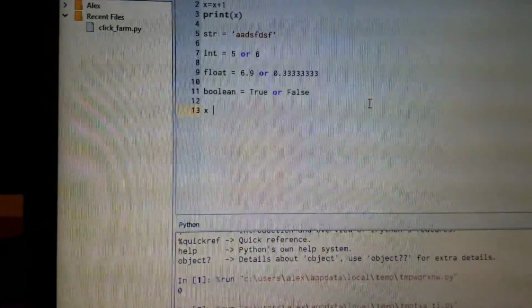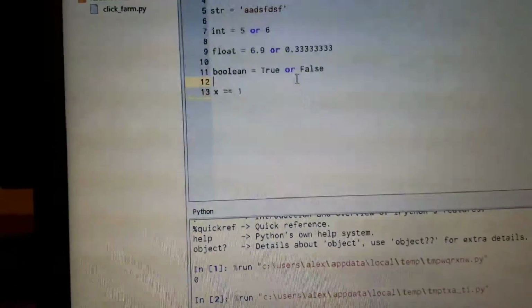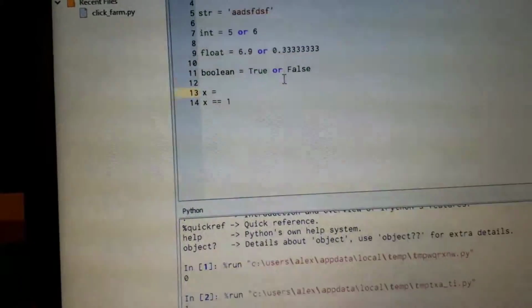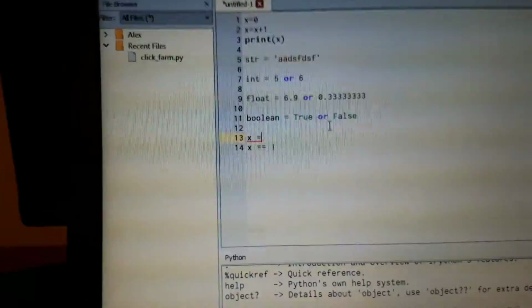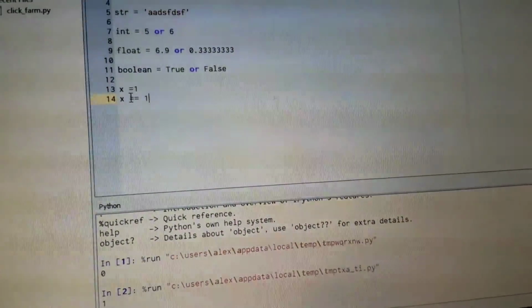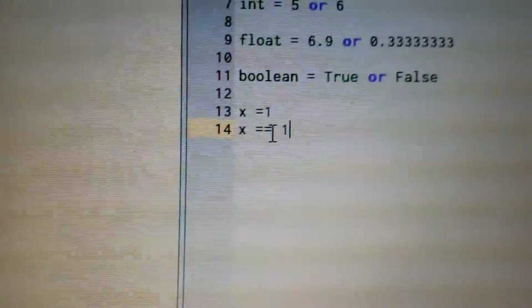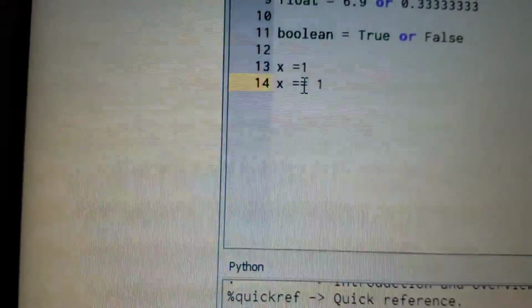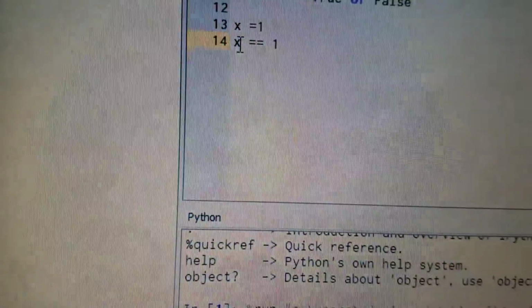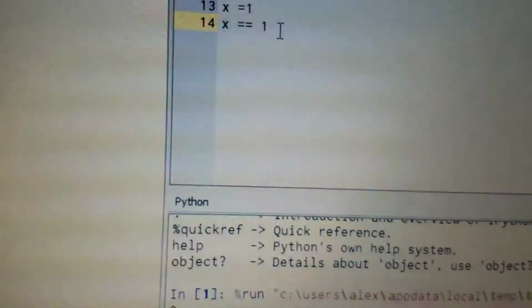You ask it, is x equal to 1? x equals 1, with the double equal sign. The computer checks what x is equal to, and checks 1 and sees if they're equal to each other. If they are,